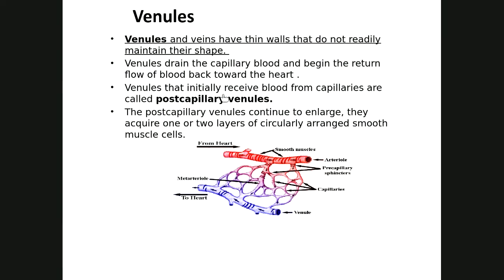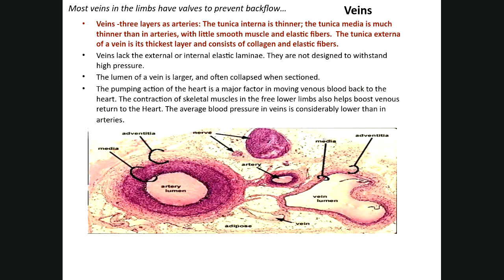The venules that receive the blood from the capillaries are called postcapillary venules. These eventually start to get larger as they get away from the capillaries towards the heart and eventually go into veins. As we look at the veins compared to the arteries in this image, the veins have 3